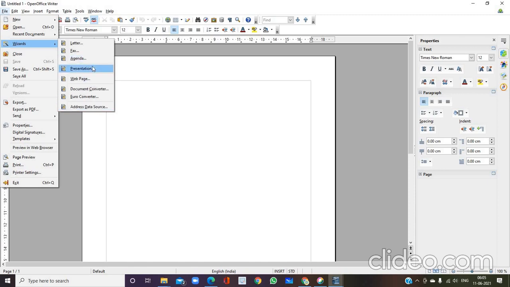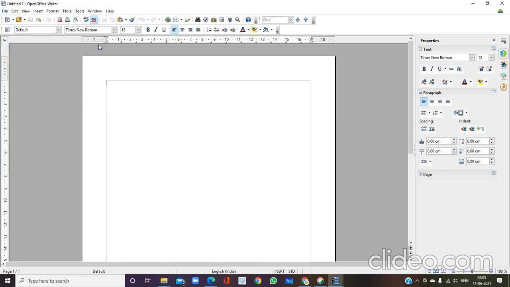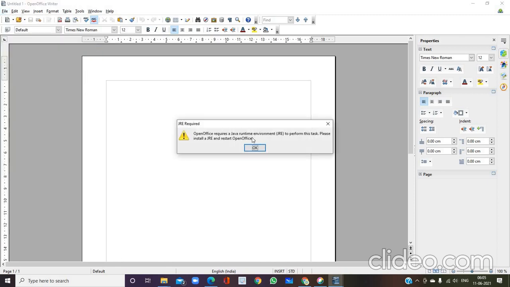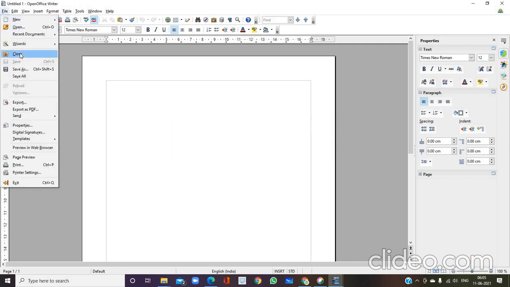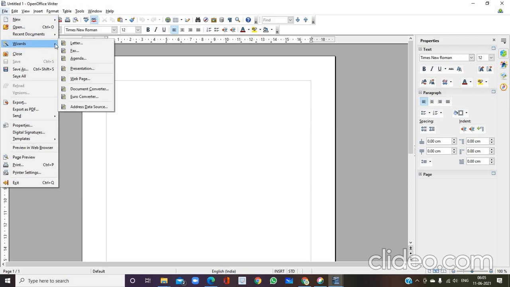You can select any format. Like if you want to type a letter, you can select this one. In order to work with this, you need to have JRE installed on your computer. I think JRE is not installed on my system. So to create a template with the wizard, go to the File menu, select Wizard, and choose whatever format you want from that pop-up menu, right? This is the second way of creating templates.